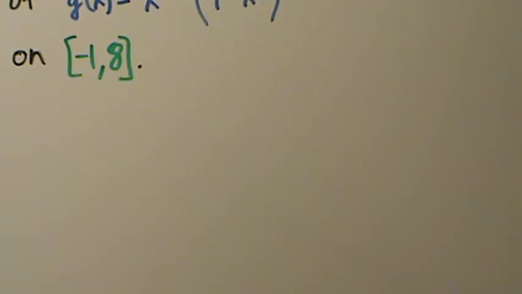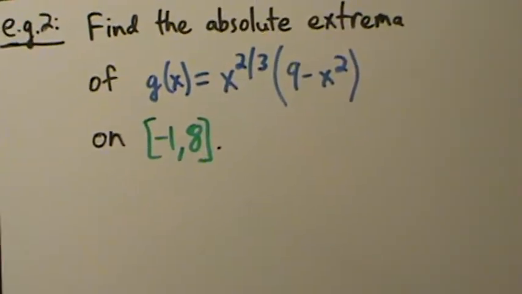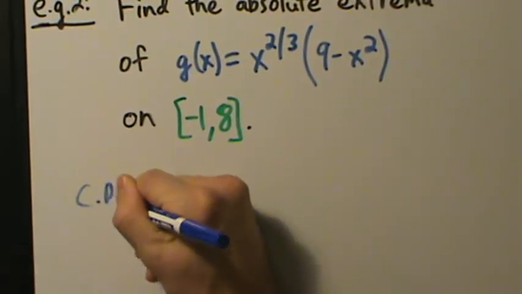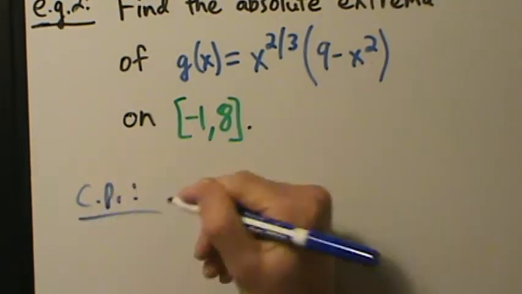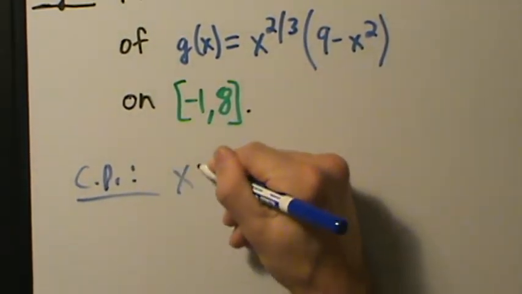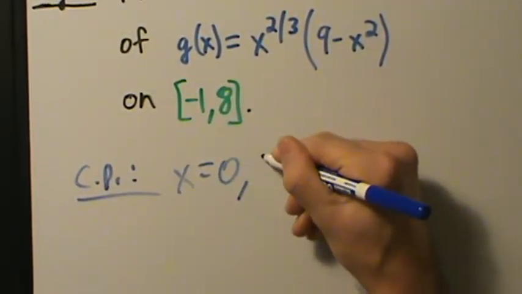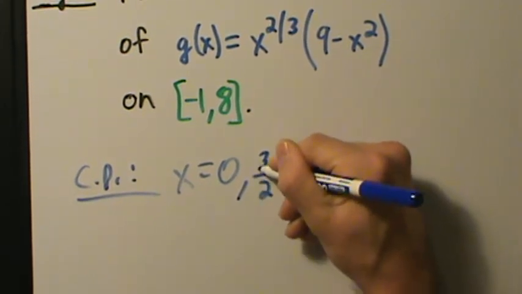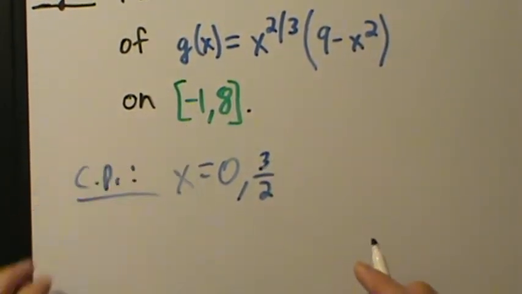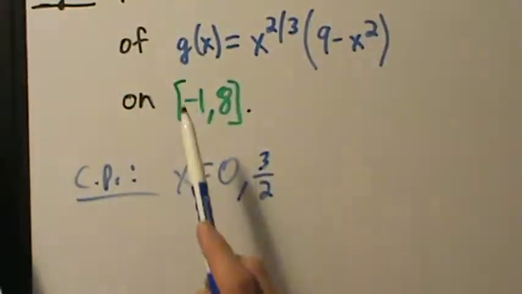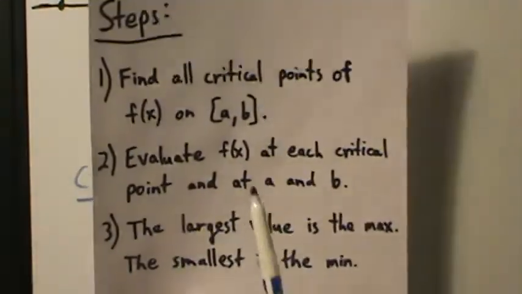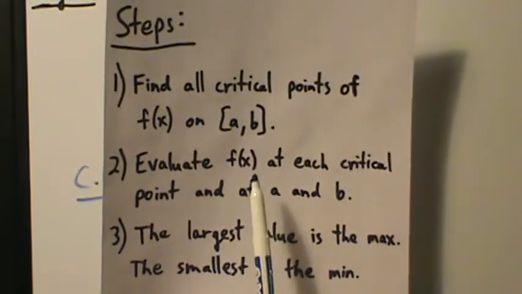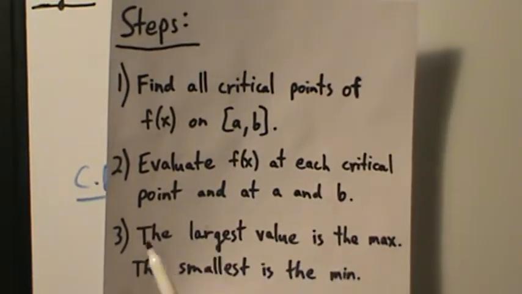Again, the only critical points that we care about, let's write those down. The critical points, CP for critical point, are x equals 0 and 3 halves. And remember, negative 3 halves is outside of this interval, so we don't care about it. Now what we do is evaluate f of x, or in our case g of x, it doesn't matter what we call it. Evaluate the original function, not the derivative, at each critical point and at a